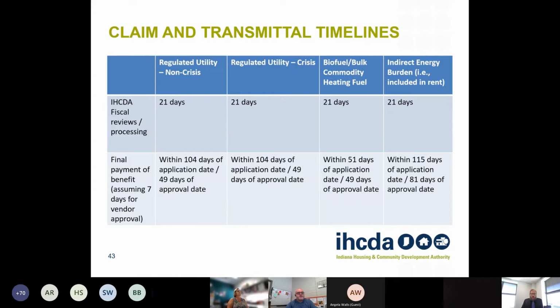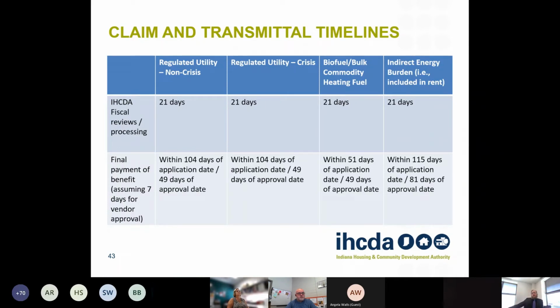And we are looking at ways of building better understanding of the vendor's responsibility to return those to you in a timely manner for the future. But for now, until we have that, assuming that 7-day